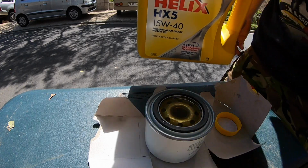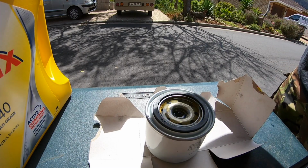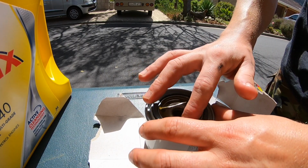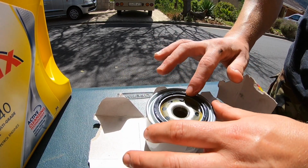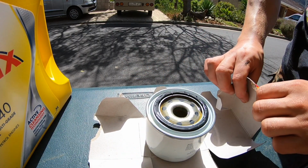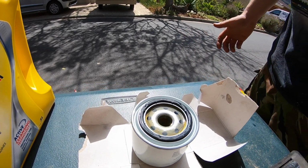Now, I'm sure there's lots of you out there who think, why would I do this myself rather than having a garage do the service? Services don't cost much, they don't take very long. It's not like you're without the truck for any length of time. And I say, the more time you spend on your truck, the better. Because you want to know how it works, you want to know its foibles, you want to get to know it. If there's anything that it likes to misbehave on, and you have a problem in the bush, then you know exactly what's happened. It's going to take you no time to diagnose, no time to fix,